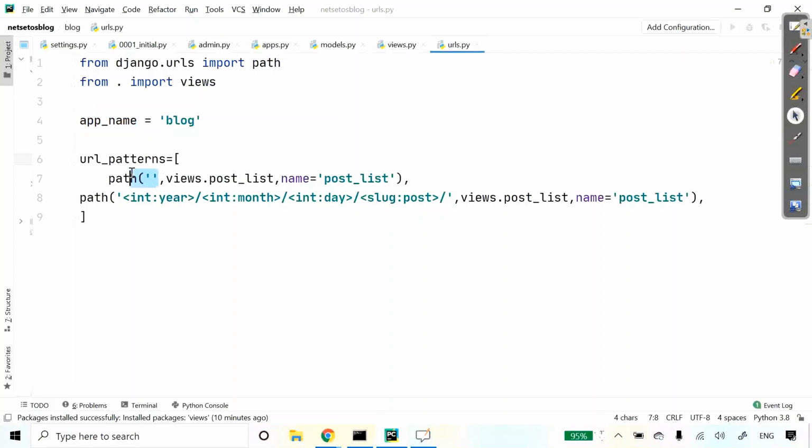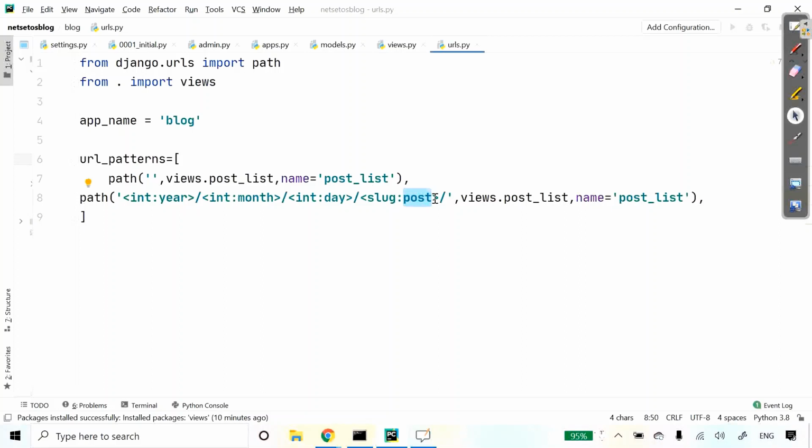As I am on the home screen, it will just be diverted to post list. The second pattern has year, which requires an integer, month as an integer, day as an integer, as they are returned in the form of integers. And this post can be composed of words or hyphens. So we are giving all liberties.